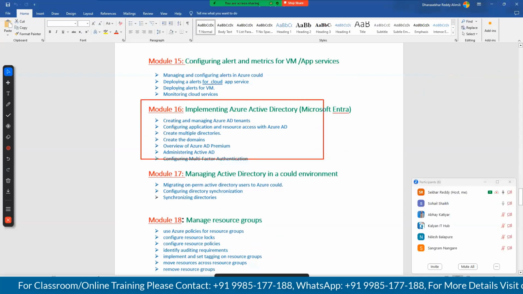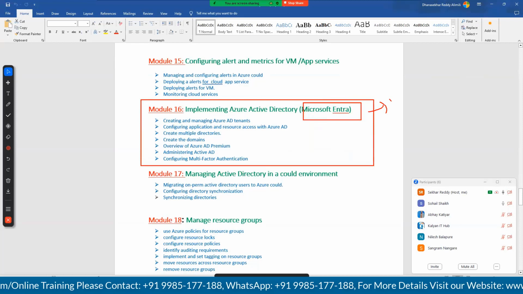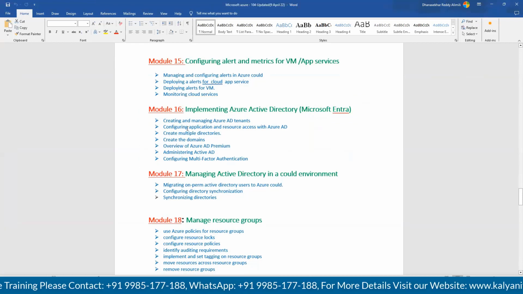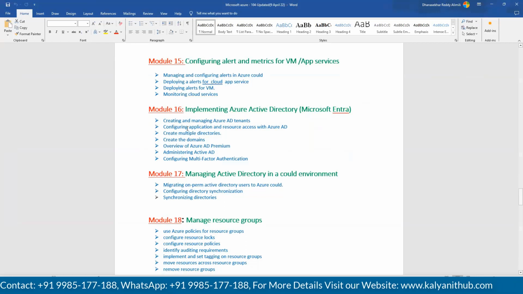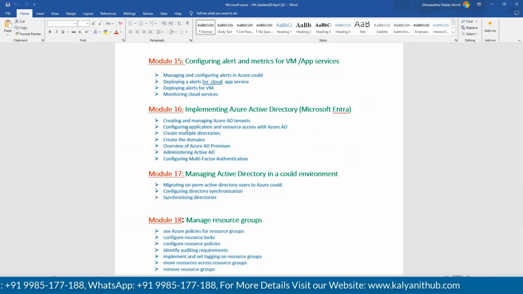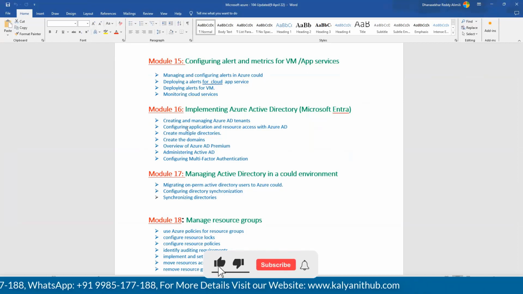Module 16, we'll discuss what? Microsoft Entra. Microsoft Entra is the Active Directory. Now, can someone tell me what is the Active Directory, guys? Anyone? What is the AD? Azure Active Directory.